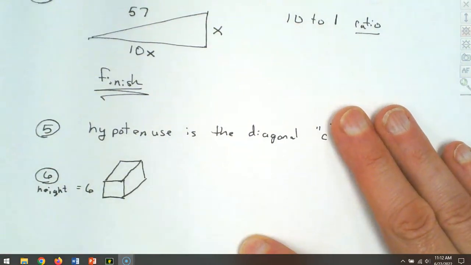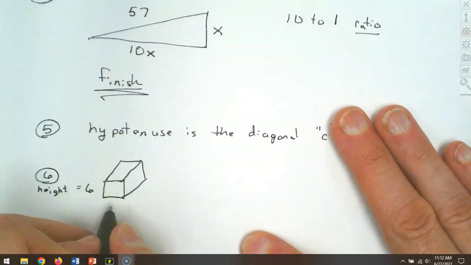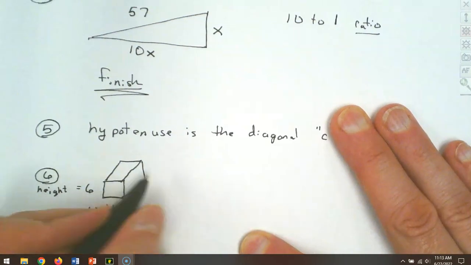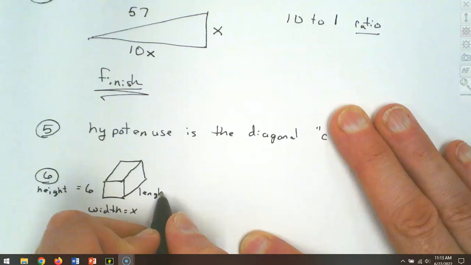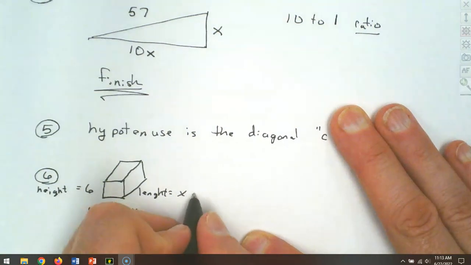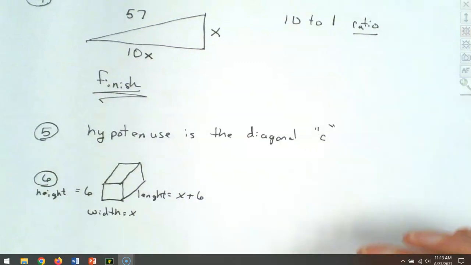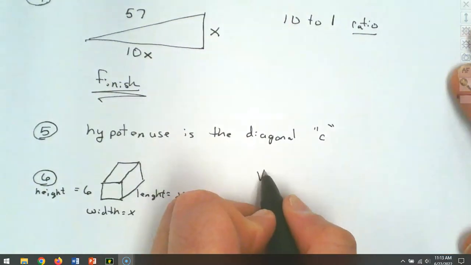We know that it is 4 inches longer than it is wide. So the width is going to be x. The length is x plus 6. We also know that the volume